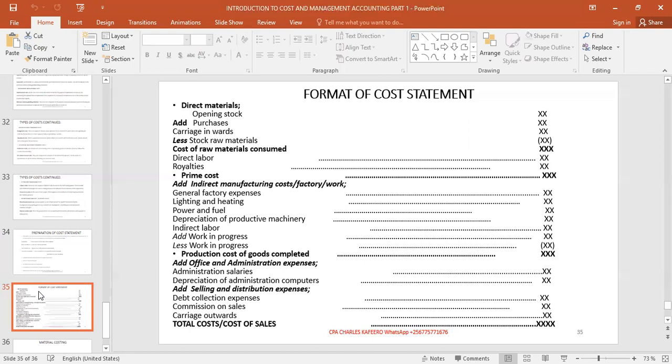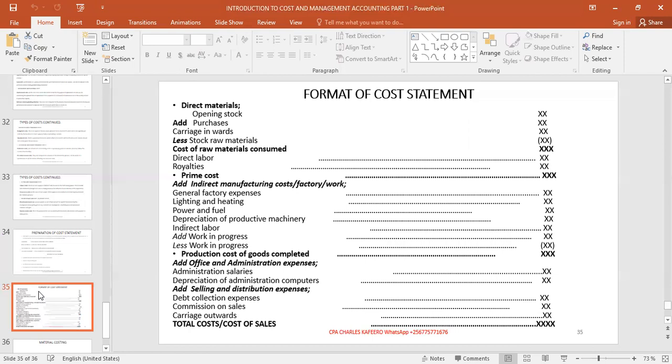Royalties is a direct expense, so we add them up to get the prime cost. To the prime cost, we add the indirect materials or factory or work costs,